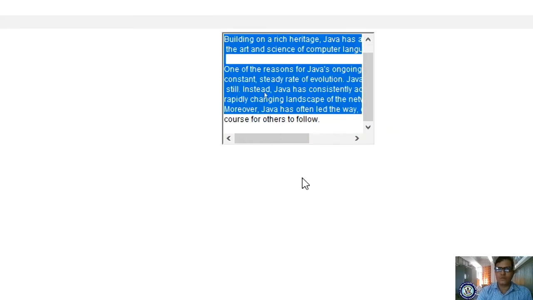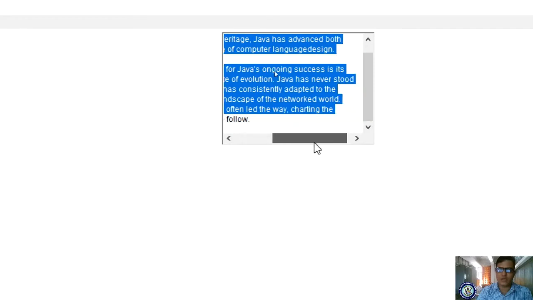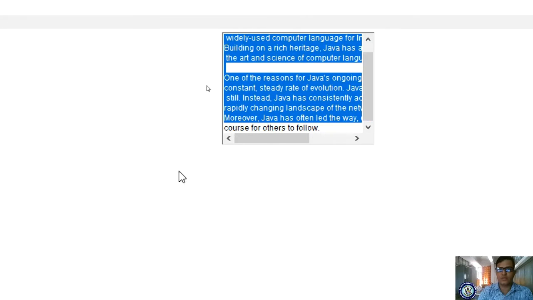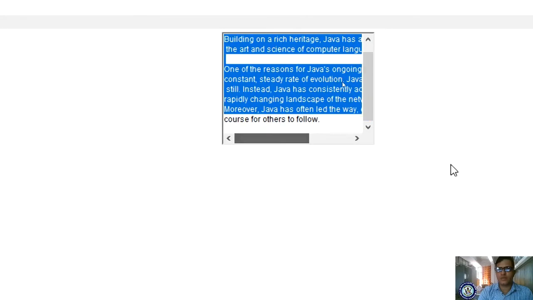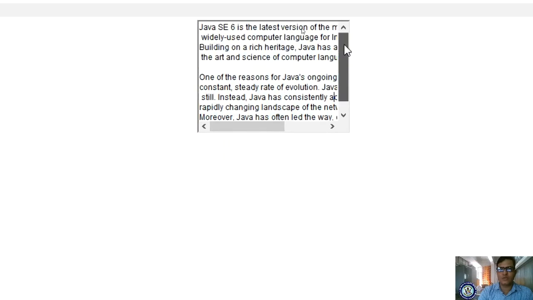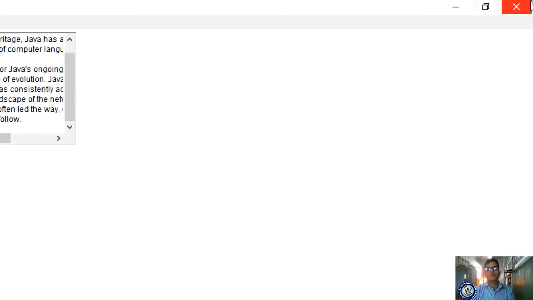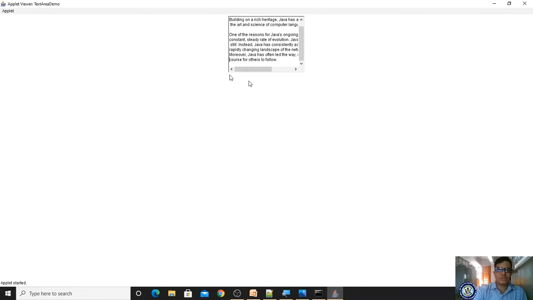No problem, automatically it will expand. Already we told, right? If the content is more, automatically scroll bars appear. So if you are getting a scroll bar, the number of characters is also increased. This should be displayed within 10 lines. Let me check: 1 2 3 4 5 6 7 8 9 10. So within the 10 rows, all the contents are fitted. Each line has to take 30 characters, but according to your condition it may vary. So that's about your text area control.